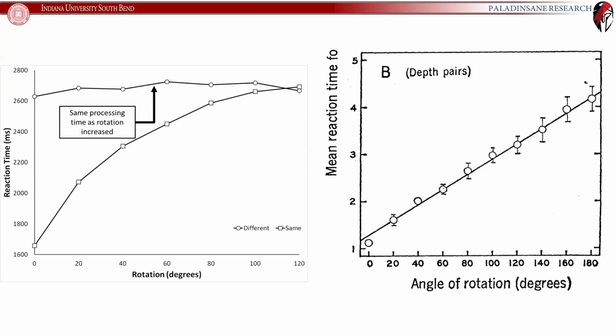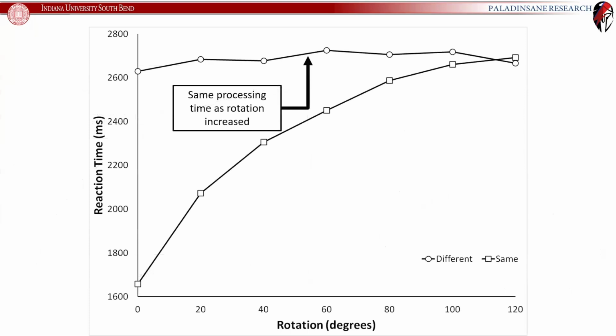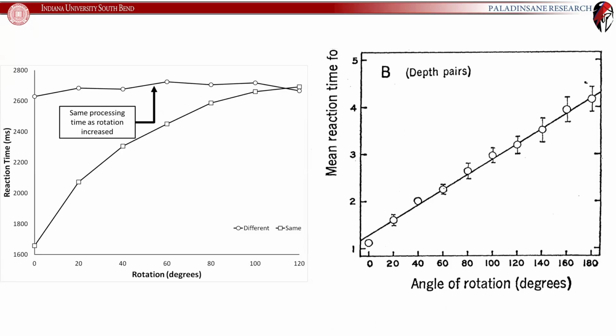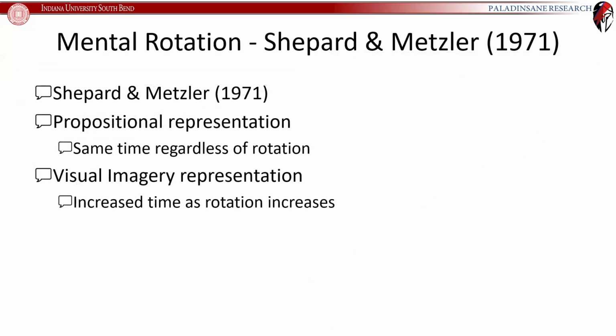But importantly, our different trials, same amount of reaction time, regardless of rotation. You were just as fast when these different objects were rotated 120 degrees as you were when they were rotated 0 degrees. All right. So Shepard and Metzler, their results provided very strong evidence, not conclusive because it's still argued about, but very strong evidence that we are actually using visual imagery representations,